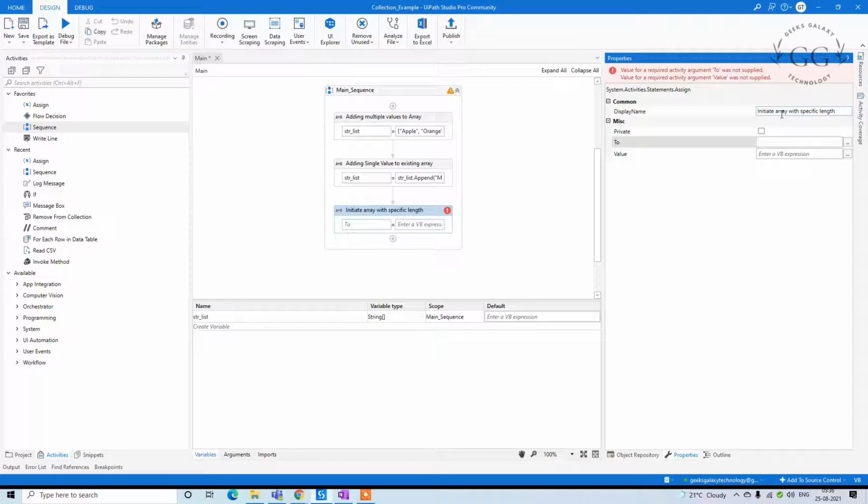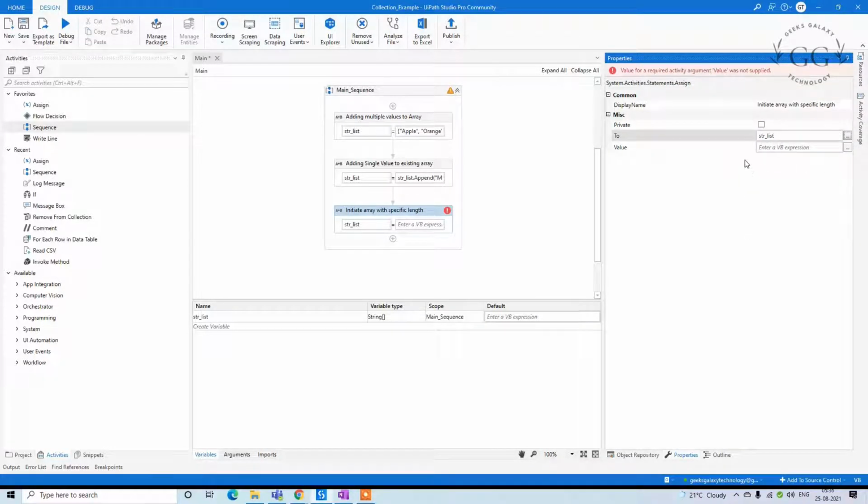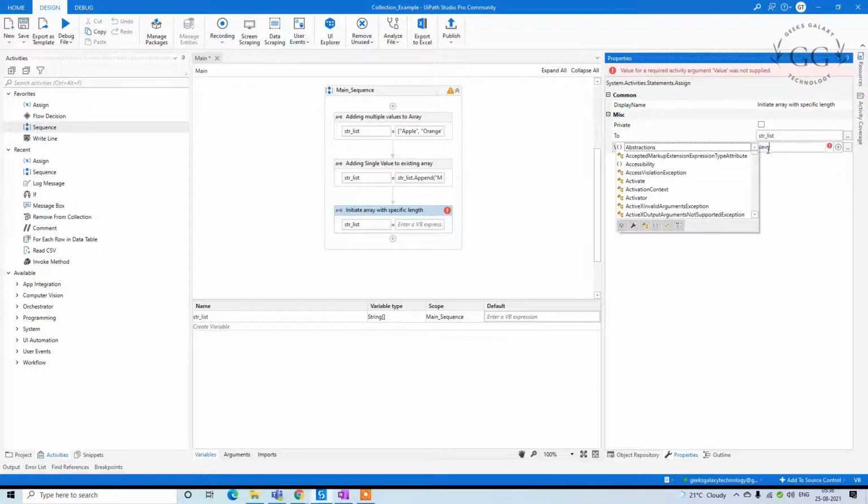In that I can mention string list equals new string, and I need to mention how many elements it can hold, 10 elements, which means 10 string values, and this symbol. Okay, so this is the initial value.